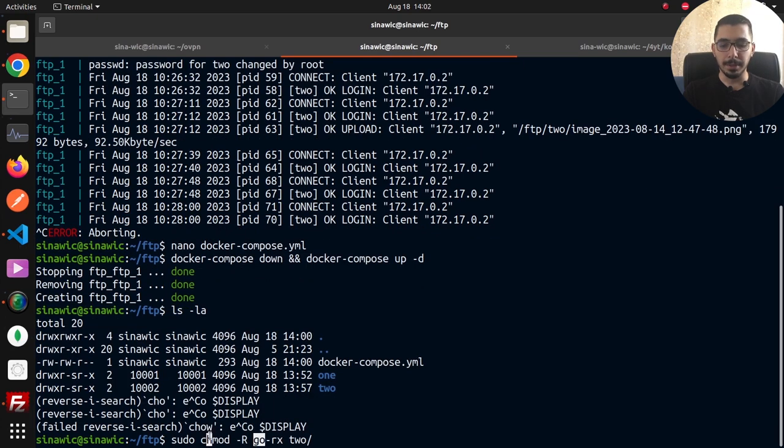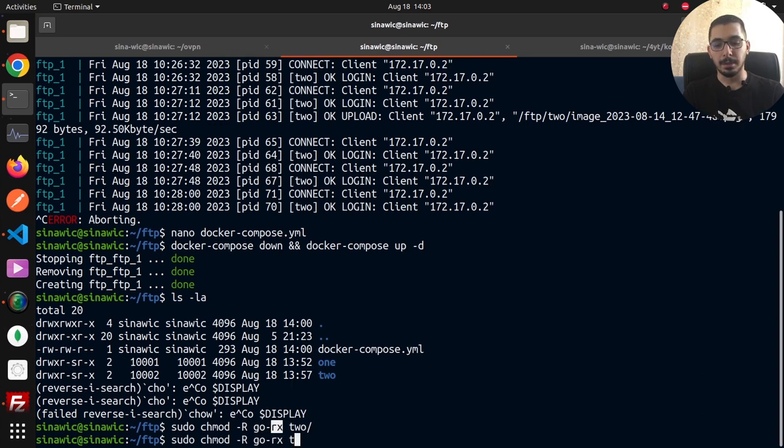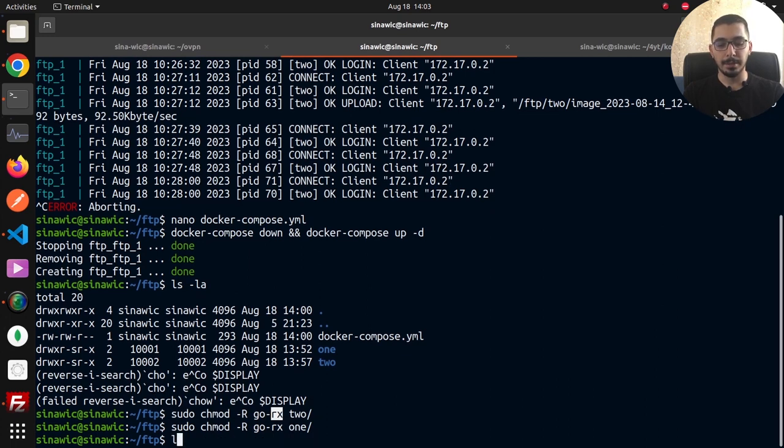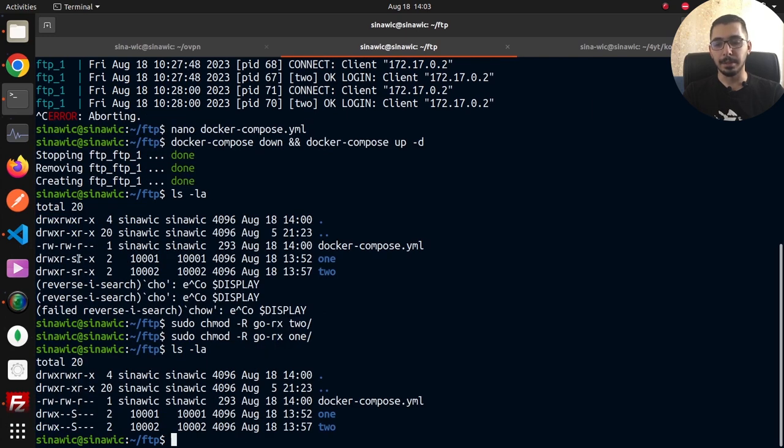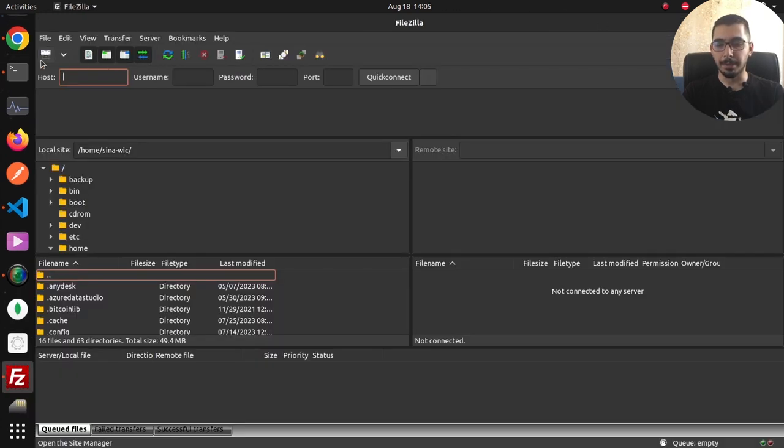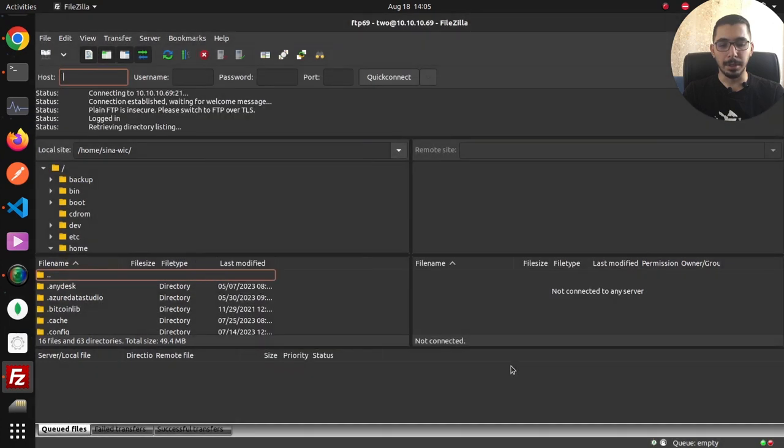So by using the chmod command, I'm going to change the permissions for the group and other users, and I'm going to remove the read and execute permissions from these users. So I'll hit enter, and I'll do exactly the same for the 1 directory. And right now if I say ls -la, you can see that the read and execute permissions are removed from other users and group users. So again, if I go to FileZilla and try to connect to the FTP server,